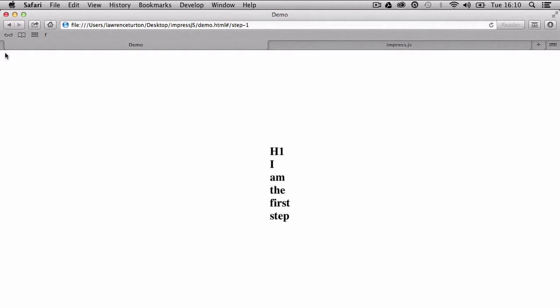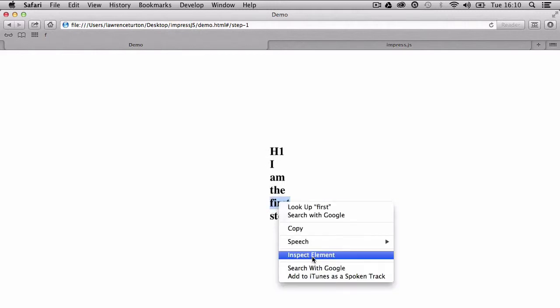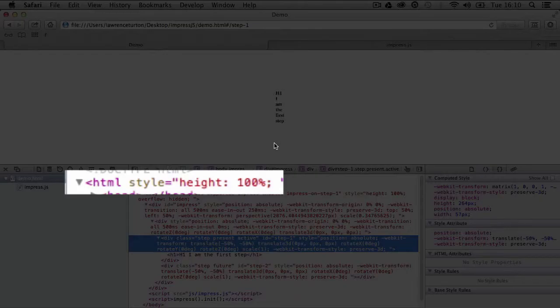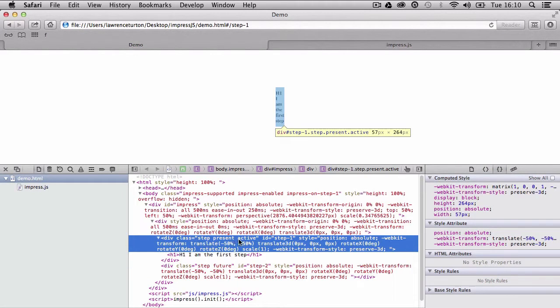In this case, that's not happening, and the reason is that it's using the transformation of the center point. So it's got the center origin. Right here we have the step, so let's go ahead and inspect that. There's the step, and you'll notice now that the window is shrunk, so is the presentation. And you'll be able to see right here that we have the step, and it's centralized into the